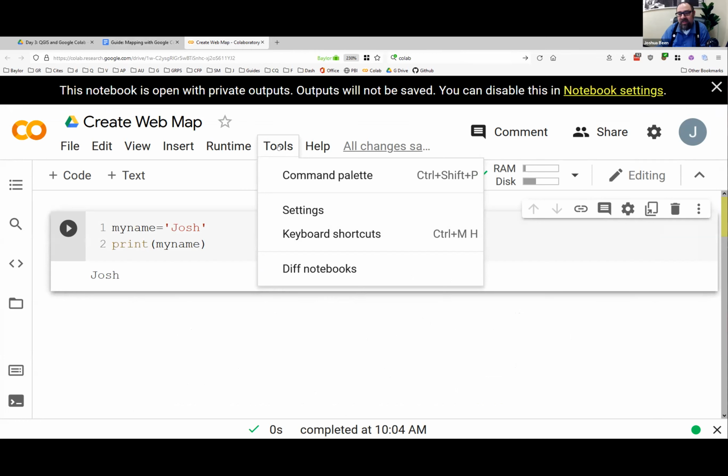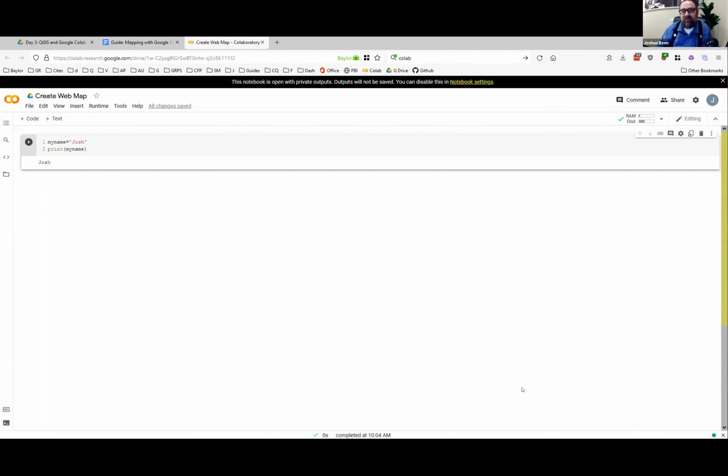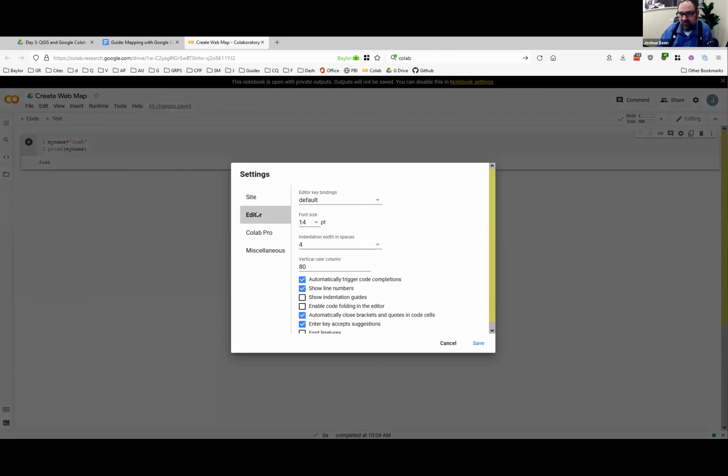What we want to do, and this is going to be saved to the settings of the login you're using, is to go to Tools and Settings. And there's a couple of settings that I always do. Let me get my screen back to a regular size. I think it was too big. There we go. So in settings, you can adjust the theme if you want, a dark theme, but under editor,